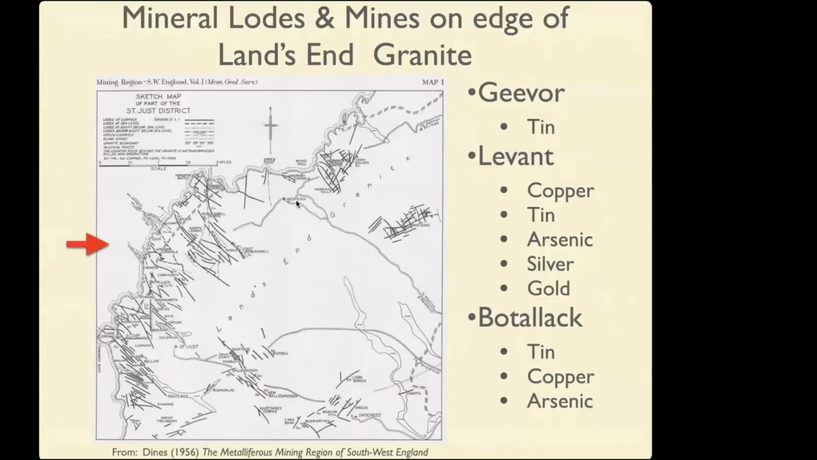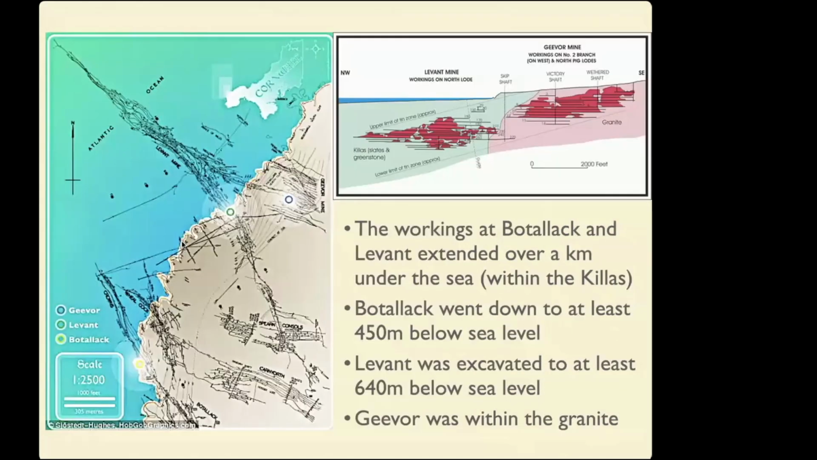And you will have heard of some of these things. Botallack mine is here, and these are the Crowns. And then Geevor is there, and Levant is here. We'll look at those. But basically, Geevor was tin mines, Levant was all of those things, and Botallack had tin, copper, and arsenic. And they were famous,